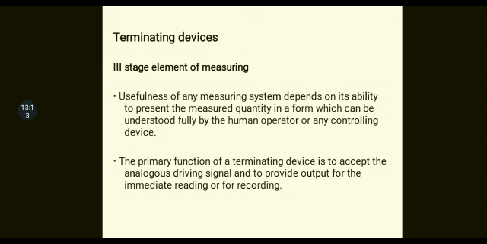Okay, in the sense, the entire information which it has modified or taken from the input signal needs to be understood by us, which is given or shown by the terminating device. Or if the same system or device is capable of controlling, then the controller should understand what to do. So now if the intermediate modifying device is giving an output signal which will become an input to the terminating device,